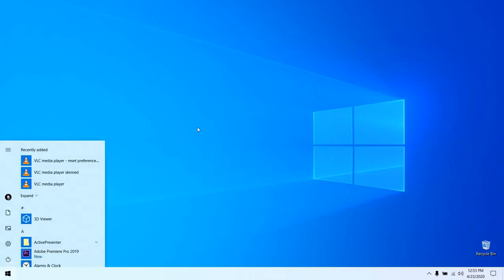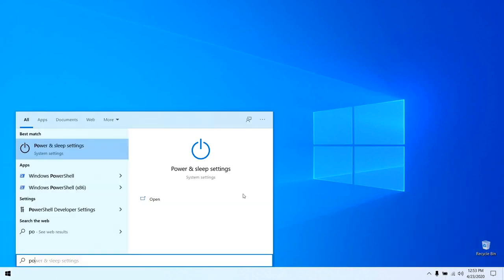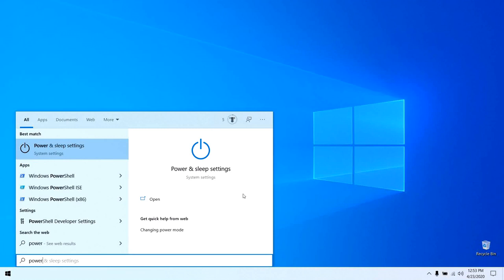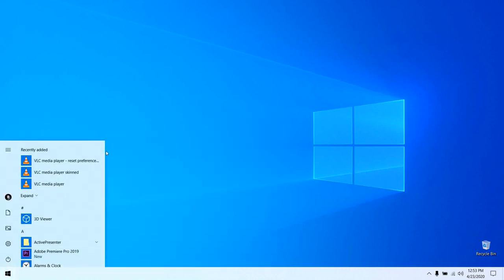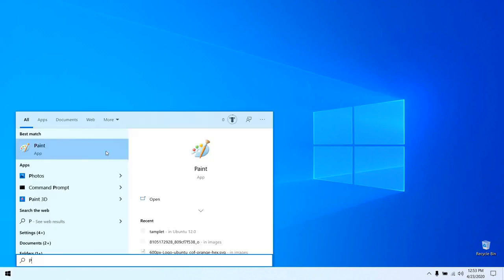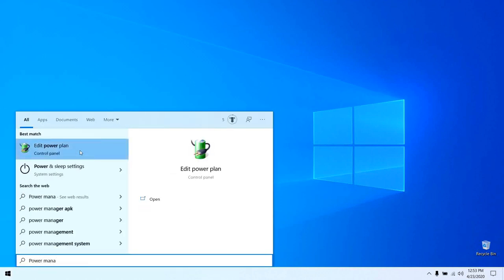After this all, just come to your power management. In my PC, power and sleep setting is there. Okay, edit power plans.